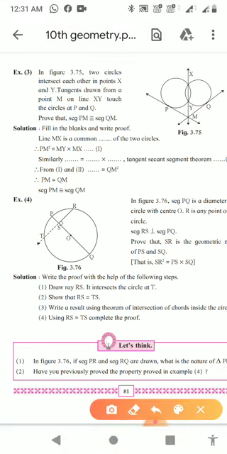The first step is given: draw ray RS. I am discussing these 4 steps, out of which the first step is to draw ray RS. It intersects the circle at point T. Then in the second step we have to show that RS equals TS, whatever the distance TS is, it is equal to RS. We can easily prove that, but I will give you a simple hint.